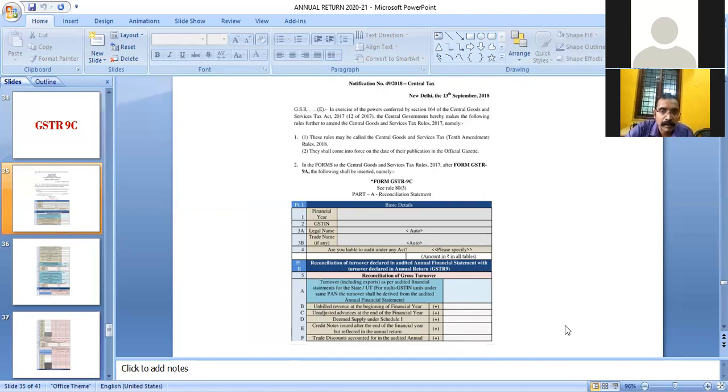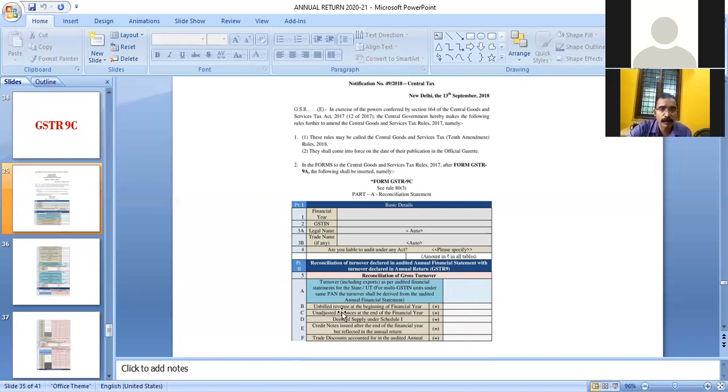If one taxpayer has multiple GST registration numbers, he has to reject the turnover shown in the audited financial statement, and calculate the turnover attributable to the GSTIN for which Form GSTR 9C is to be filed, and then enter that turnover in column 5A.